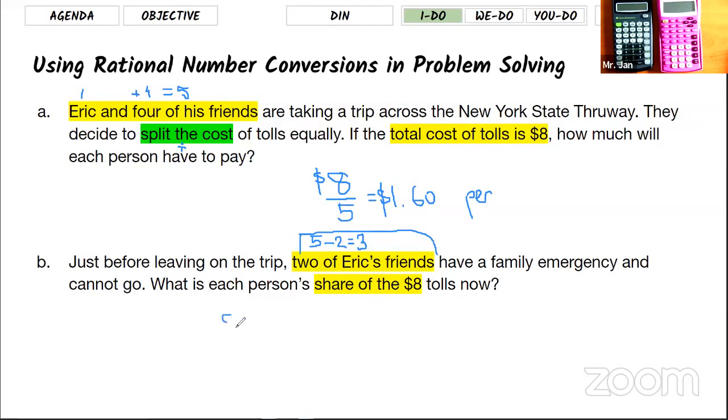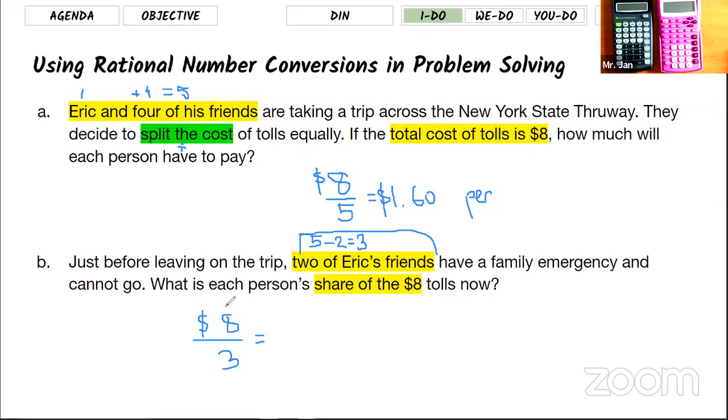So again, we split it: $8 divided by the total, which is 3 people. So now you're going to divide by 3. Remember, if you're dividing by a prime number other than 2 and 5, the decimal becomes a repeating decimal. This is how you can see it in everyday life, like when you split a bill. Most of the time we round it, because if we're talking about money to the cents, which is the hundredths place,